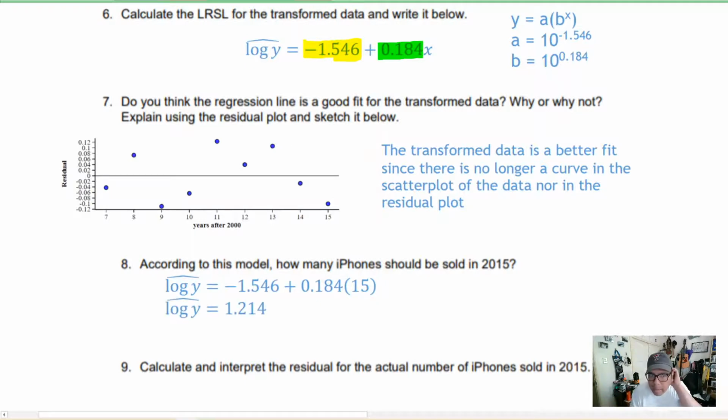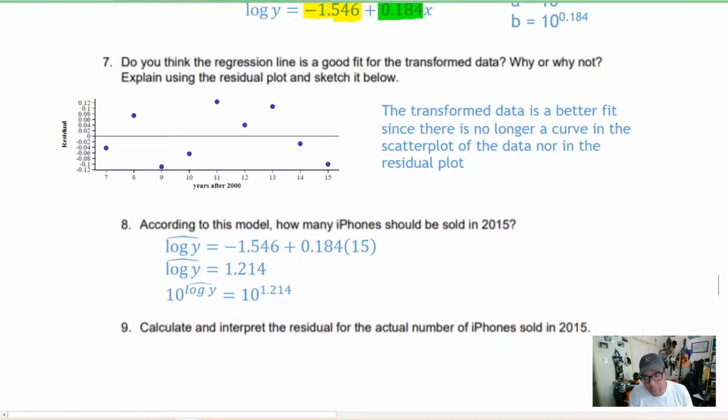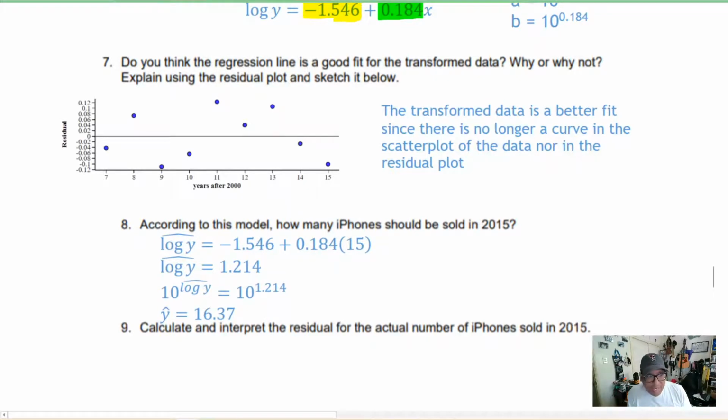I'd go ahead and calculate that. The previous line calculates to 1.214. Then I would exponentiate on both sides. In other words, I would say 10 to the log y is equal to 10 to the 1.214. On the left side, since log base 10 and 10 to the power are inverse operations, they, quote, cancel out, and I get that y hat is going to be equal to